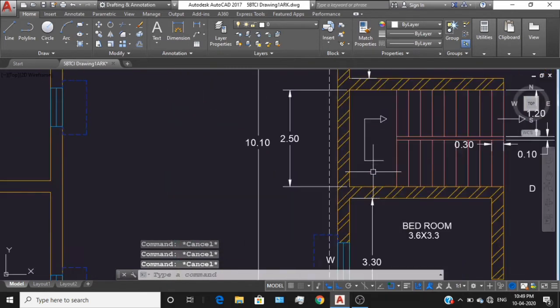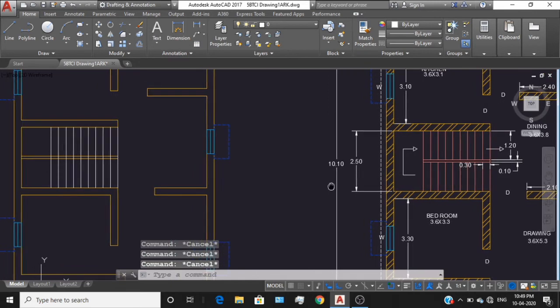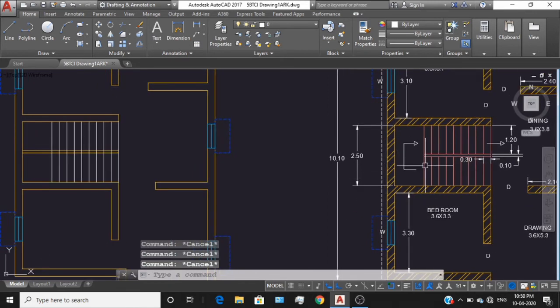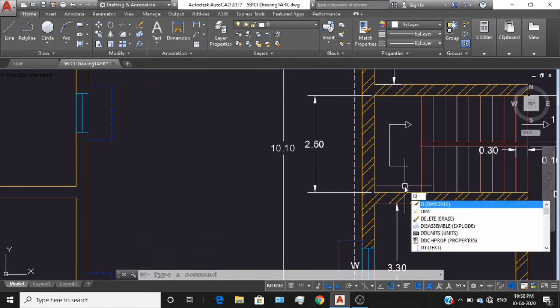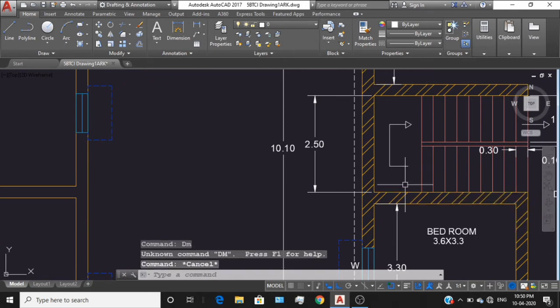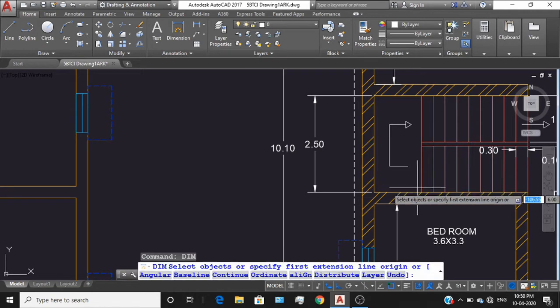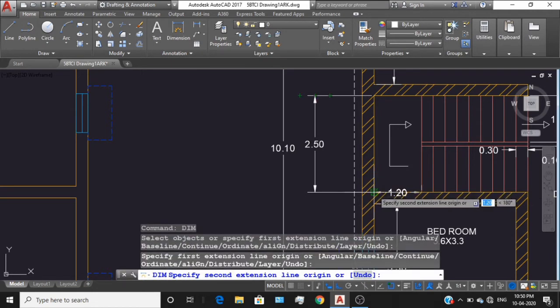Here it depends how many staircases you want, how many treads and how many risers you want. And we'll come to the landing part. DIM enter. We'll check how much is the landing.